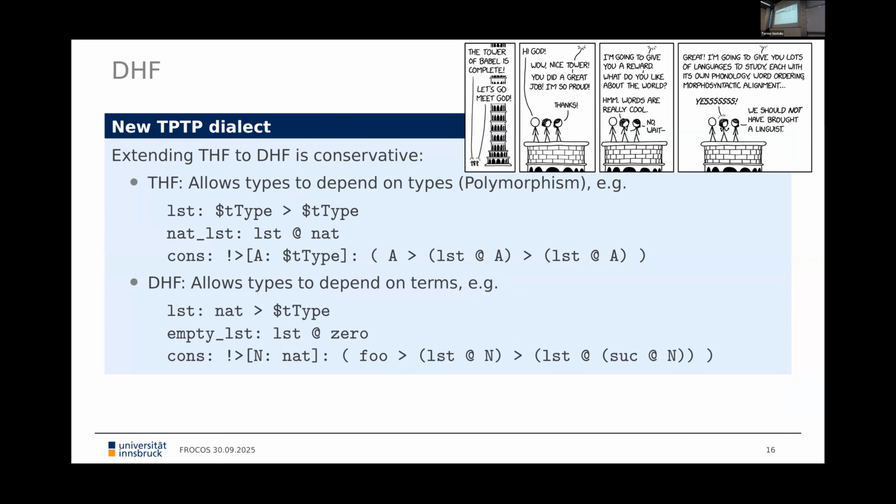And now we get to the interesting new things, which for one is the new TPTP dialect. So again, TPTP, the Thousands of Problems for Theorem Provers, is a very successful infrastructure enabling systems to be compared. It also has as part of this infrastructure a number of languages or dialects. And I've illustrated this with this explicitly comic book. Nevertheless, logicians make new languages because we make more languages.